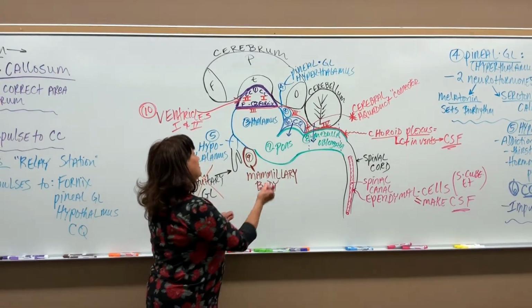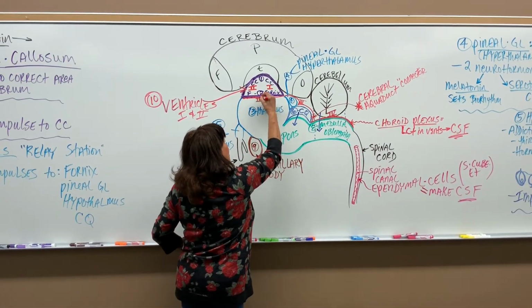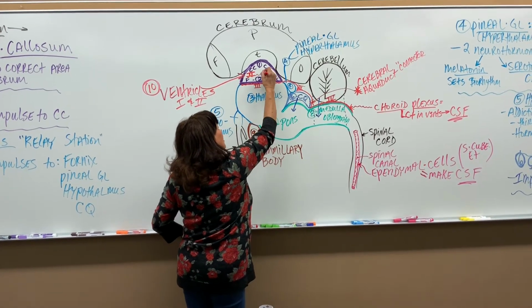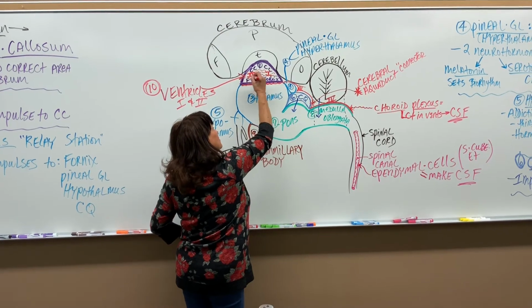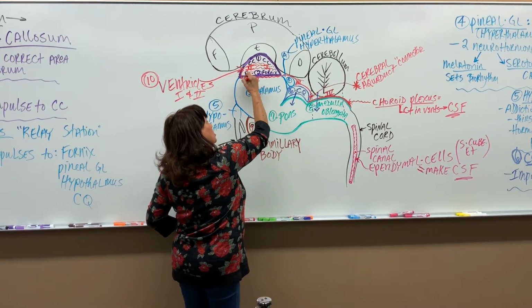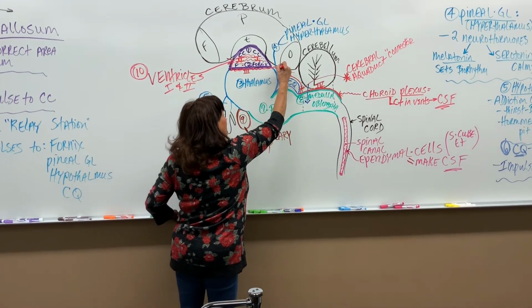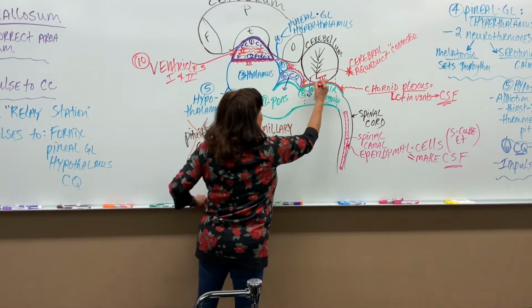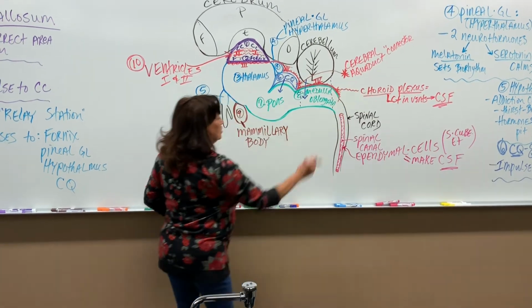So when you have the CSF being produced, it's going to go all over in the ventricles. It goes from 1 to 2, then it comes down into 3, and then it's going to go into here, and go down here, and continue, and then go into 4,